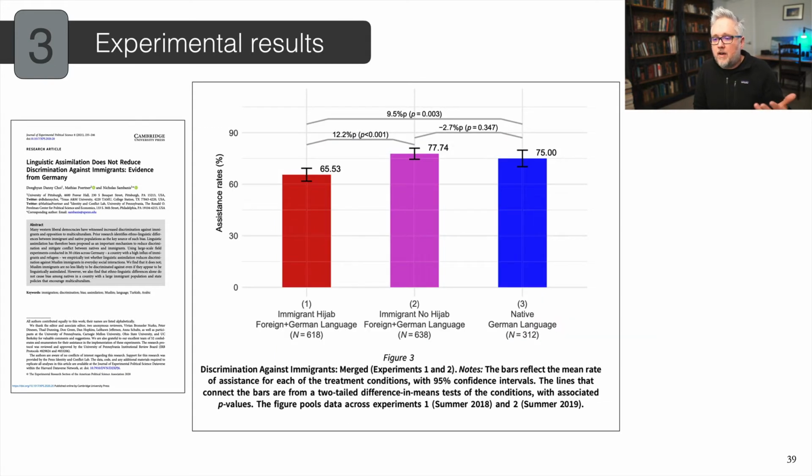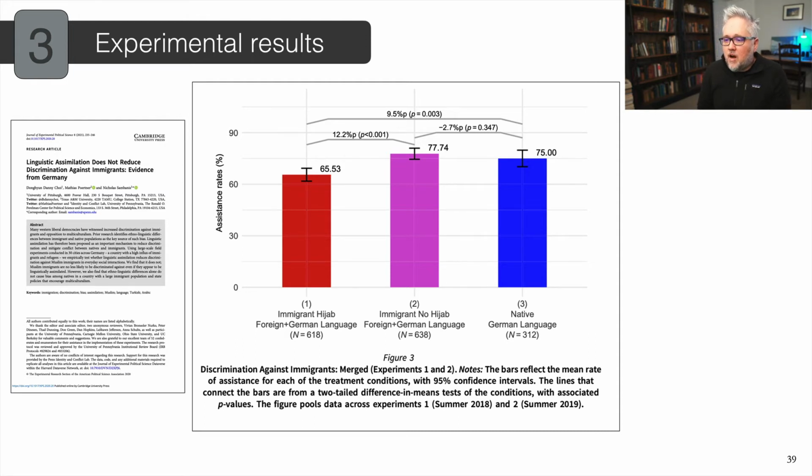And they basically found here that it was the overt display of religious affiliated garments that led to the statistically significant decrease in offers of assistance. With these kind of experiments, you don't need to run regressions because there really is only one factor that's different across these two different groups, the treatment that you impose. And so that's why you can run simple statistics that you've already learned last week.